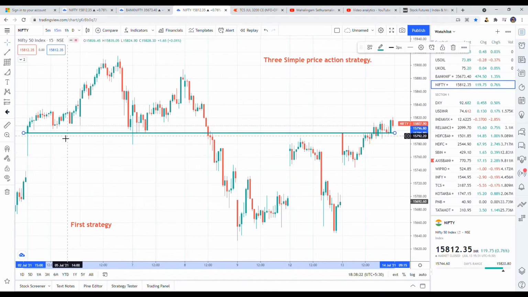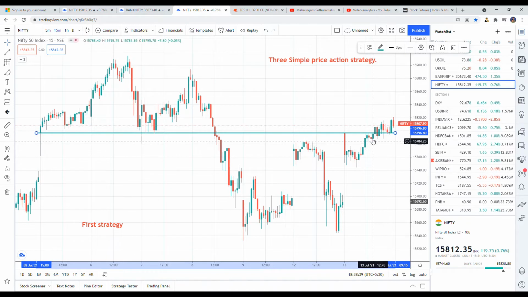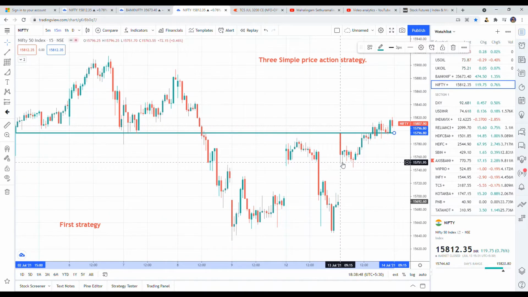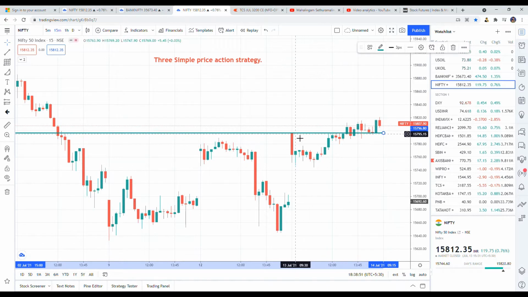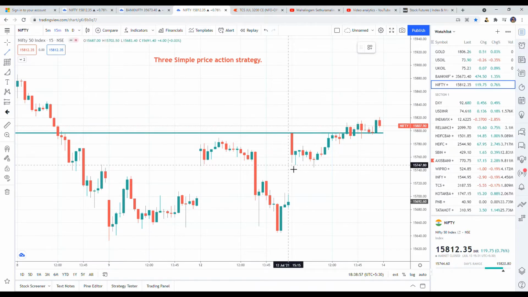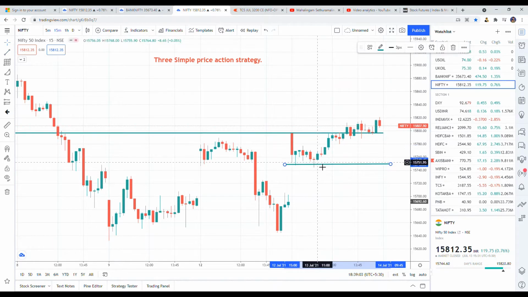Okay, you can see this is the opening candle on 5th July. Look at the candle open, that is 15796. And now the market gave you a gap up opening at 15796, and it just got reversed. Okay, so the first 30 minutes is your initial trading. So you have to mark the high and low. So this was your low and this was your high.